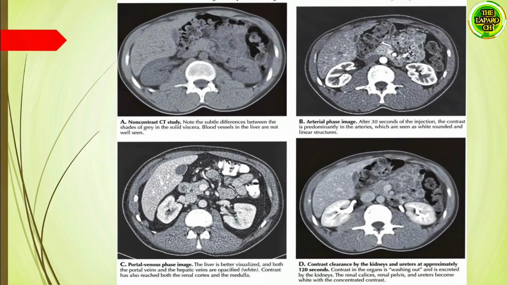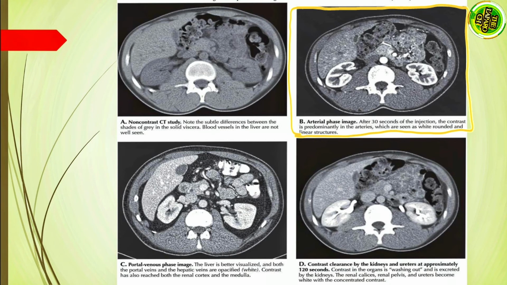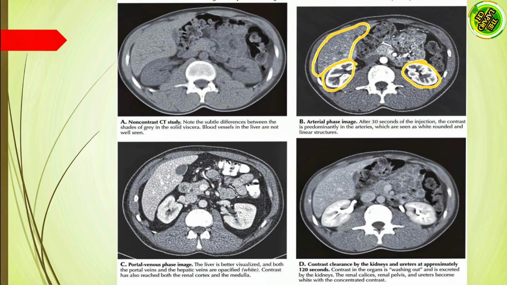A few basics regarding the CT scan, how to interpret and how to find which phase and which type of CT scan it is. On the top left corner, we can see the zero image or no contrast CT scan. In this phase, there is no contrast given and it is used to compare various contrast phases. Image B on the top right corner is the arterial phase where the contrast has gone to the aorta and is passing on to the main arteries. The arterial components of various organs are highlighted over here, like kidney and liver.